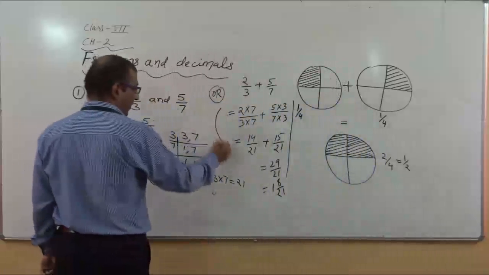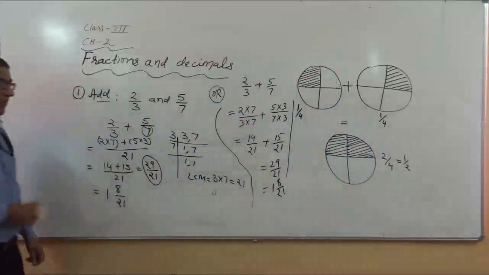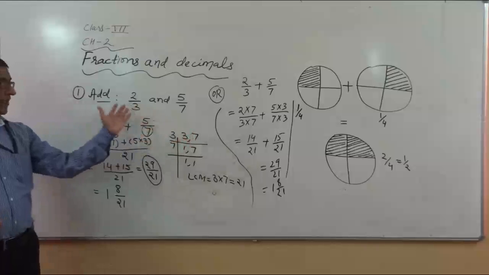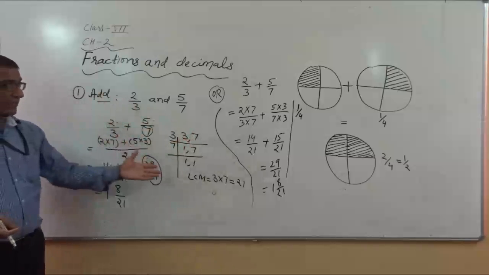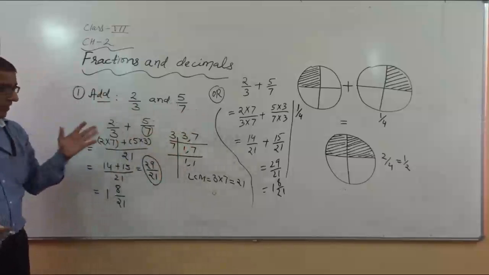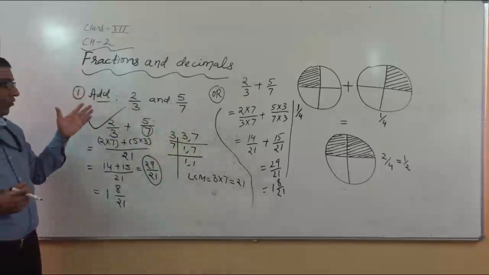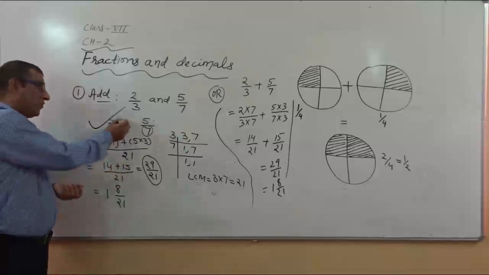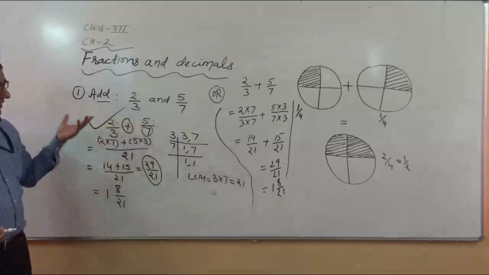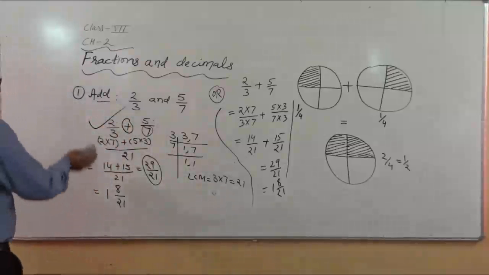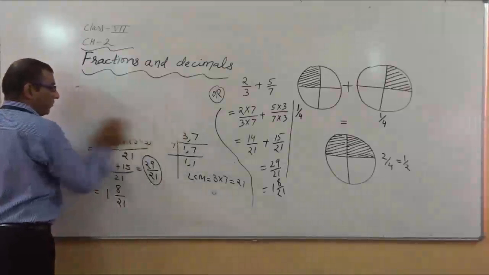Either you go with this method or that method. I hope it is fruitful for all of you. Whenever 3 fractions are given to you, that method is not applicable, so it is better to go with this method. The same rule you will apply for subtraction also. You have to change the plus sign to minus, and that is subtraction. I will give one example related to subtraction so that it will be more clear to all of you.